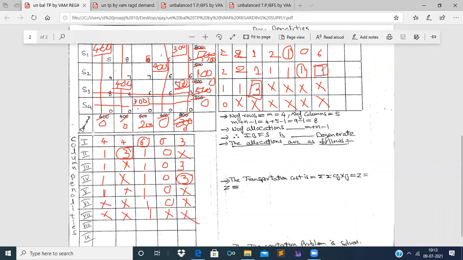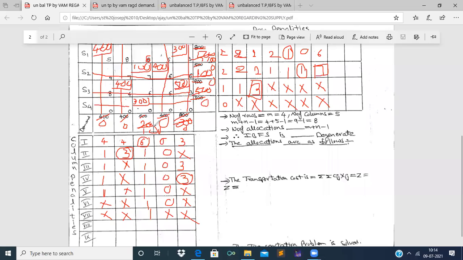We put this 7 in a block and enter into its corresponding row. 7 is the only cost left over. Its corresponding demand is 200 and its corresponding supply is 100. So we allocate 100. Therefore, I strike off 100, and from 200, if I strike off 100, 100 will be left over, and this 100 is made 0. Therefore, I strike off this row.